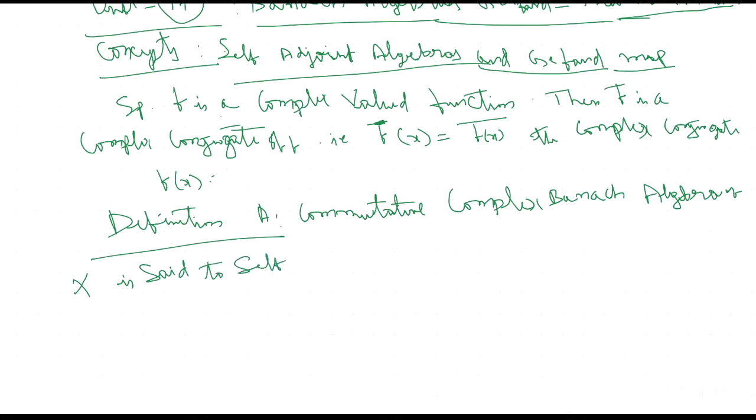if the Gelfand map, the Gelfand map, and the symbol means the Gelfand map from X to C of mu, where the function of mu is such that small x belongs to capital X,